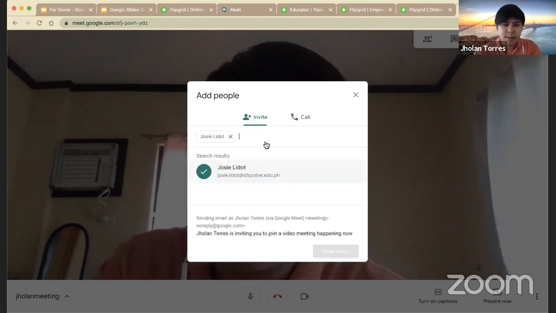Okay, there you go. Then if I want to invite more, there you go. Then send email. Sorry, hindi ko sila sinabihan na i-invite ko sila dito sa conference. But anyway, they have an option to accept it or not. It's fine. But this is only for demonstration. Then it's now for you to click send email. Okay? All right.